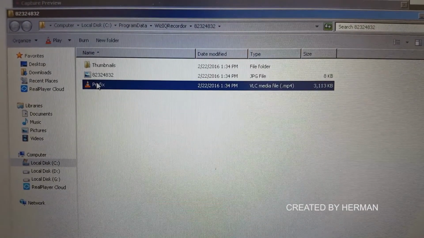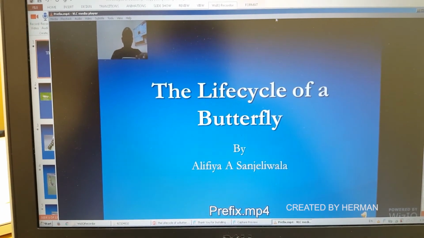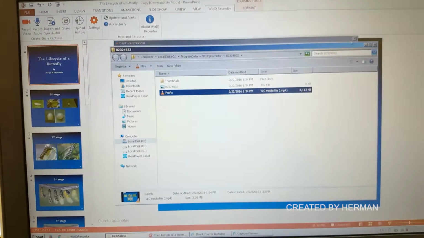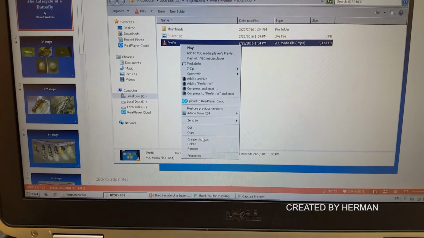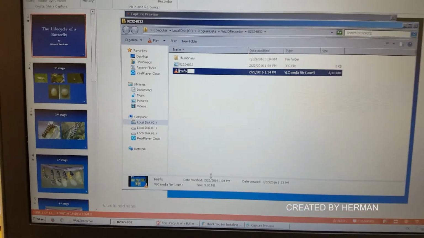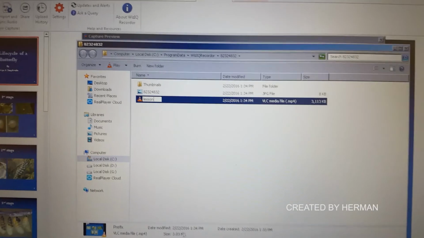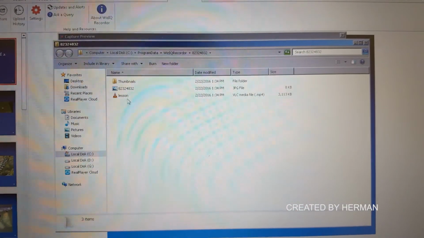It's right there, yes. So once you say show it in Explorer, it takes you to a location where your file has been created. Now it's called a prefix here. So I'll just see if the file is exactly the same file that I have recorded. Check for the audio. Once everything is right, I'll just close this file, rename it, give it a relevant name. Say I just call it lesson here, and then you can submit it to us by adding it into your Google Drive folders that we have created for you. A video file along with the audio.